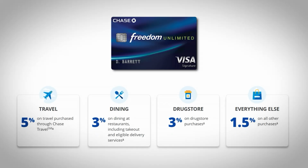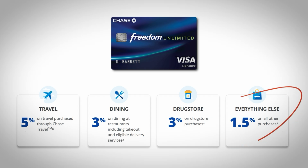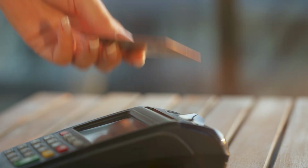Now, I get this a lot. 1.5x may seem to be a really incrementally small improvement off of the 1x that the Sapphire Preferred earned. And yes, on the surface, in small purchasing amounts, it's not much of a difference. However, when you're spending on these cards regularly for years at a time, it makes a really big difference. Not to mention, most people overlook that the true value of the points in the spending that you're doing is